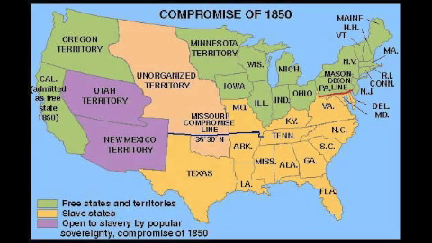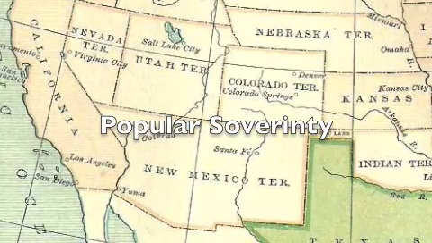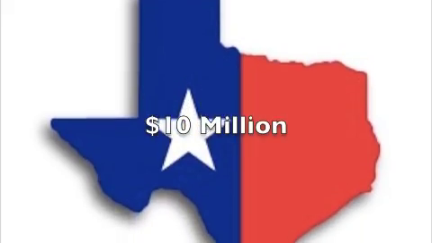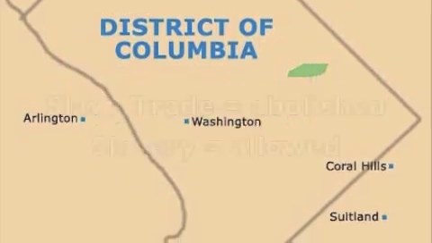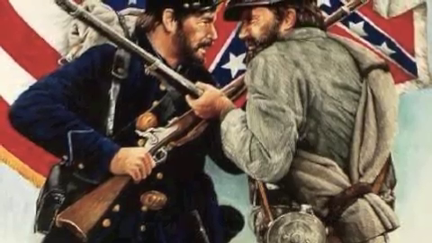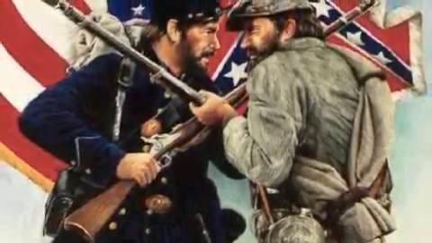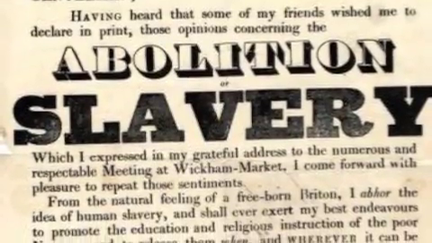The Compromise of 1850 was one of the attempts to keep the balance between slave and free states, catalyzed by the invention of the cotton gin. The Compromise of 1850 stated that California would be admitted as a free state. New Mexico and Utah would decide their stance based on popular sovereignty. Texas would be given $10 million. Slave trade in D.C. was abolished, but slavery was still allowed, and a stricter fugitive slave law was created. The South was unhappy with this compromise because they did not benefit as much as the North did. The South wanted slavery preserved, while the North wanted slavery abolished.